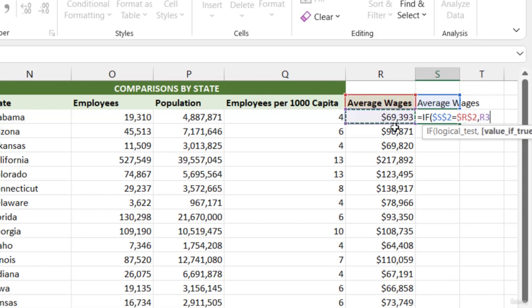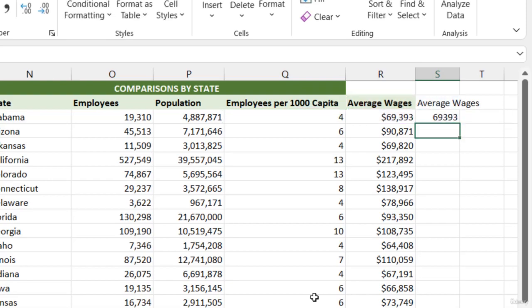Then we want to return this number here, so the average wages for this state, which we will leave relative because we do want this to move down state by state. Now if this is not equal to average wages, then we want to return the employees per 1,000 capita, again relative, so that it moves down with our formula. Close this out, press enter,